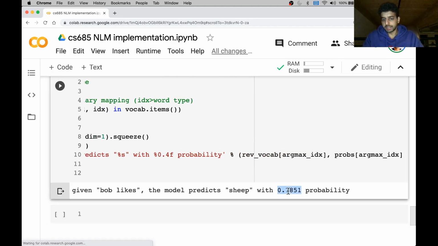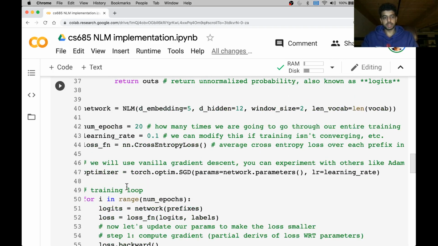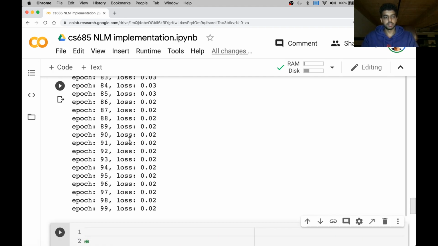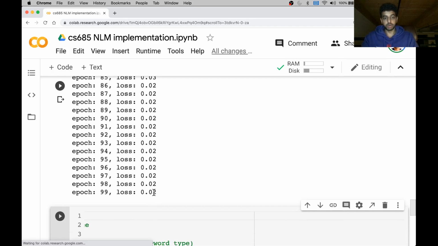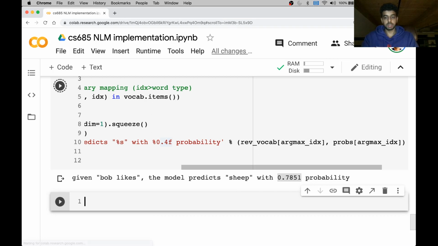And this is not great, right? There's 4 prefixes in here, so I would hope that this can get closer to 1. And maybe if I train for more epochs, I will. So let's go ahead and train this for 100 epochs. Okay, my loss is now at 0.02, so it's very low. I expect this to be a much higher probability. All right, 0.9893 probability. So you see that as the loss gets lower and lower, the probability of predicting the